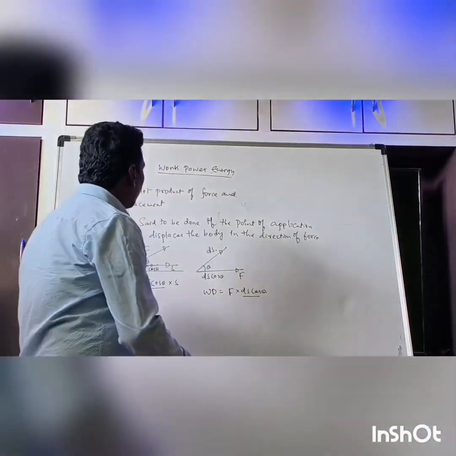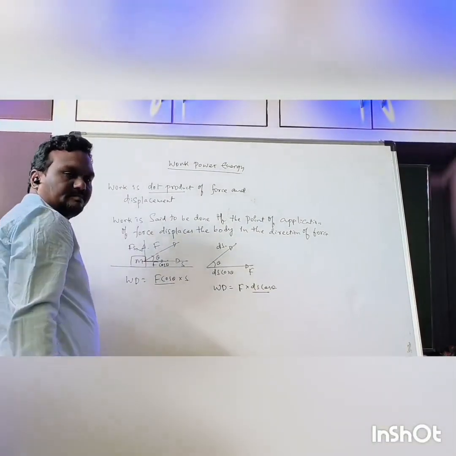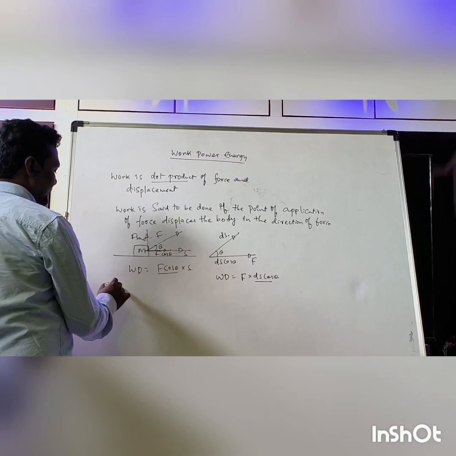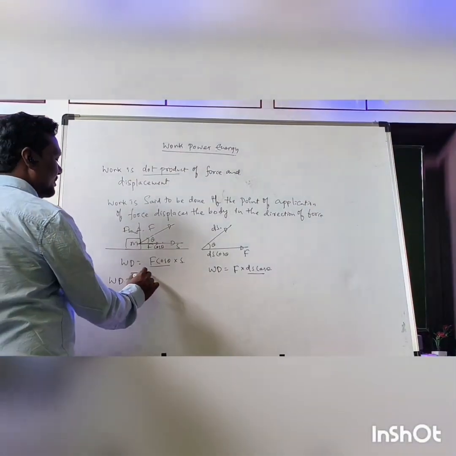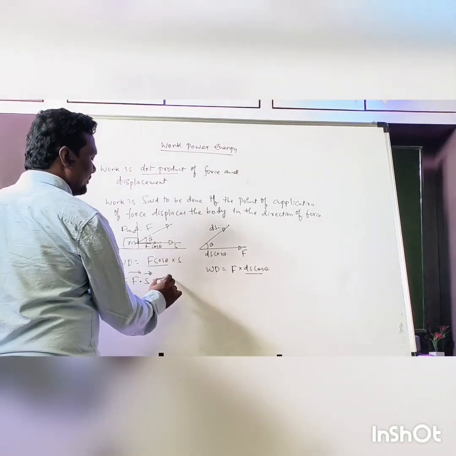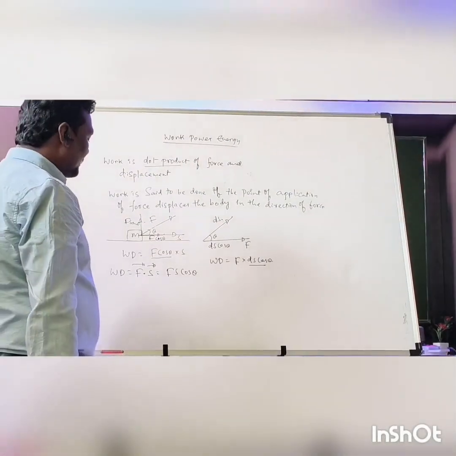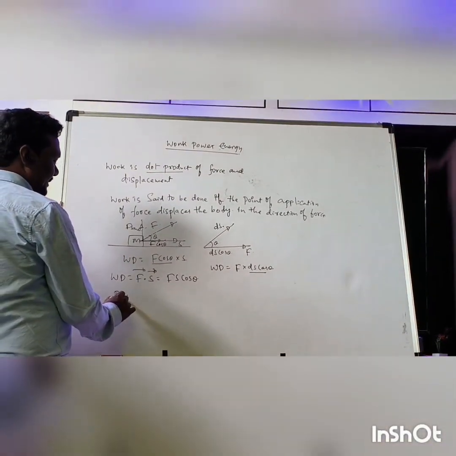So work done, as I mentioned, is the dot product of force and displacement. Can I write it as F bar dot S bar, which is equal to Fs cos theta, where theta is the angle between F bar and S bar. So depending on the angle,